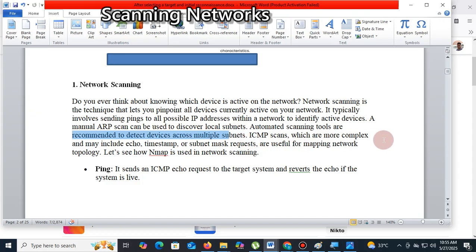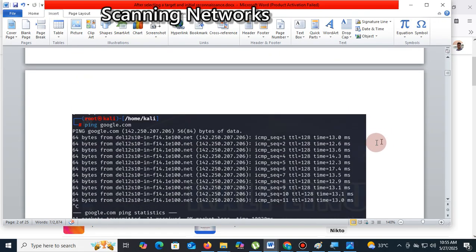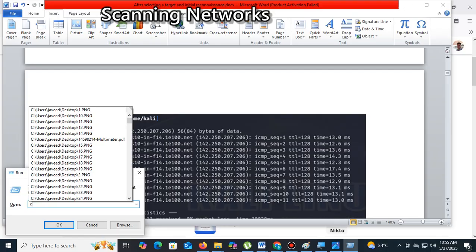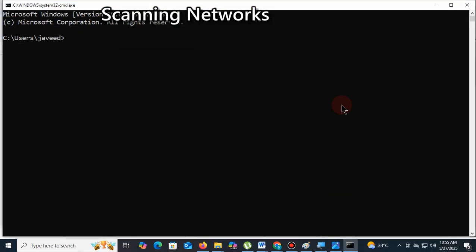Okay. Here, what is ping? I explained this during networking. I tell you that ping is an interconnectivity tool. I just go to the CMD and type ping www.google.com. Ping is a command line tool to check the connectivity